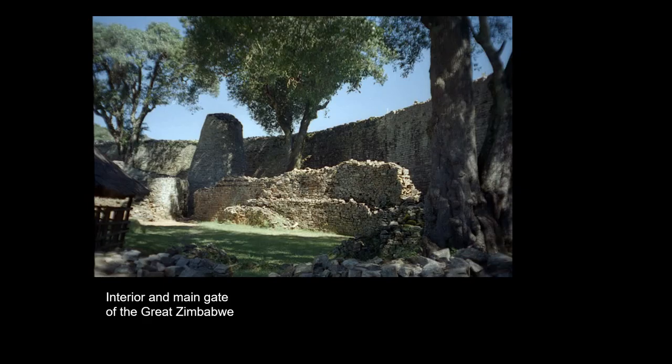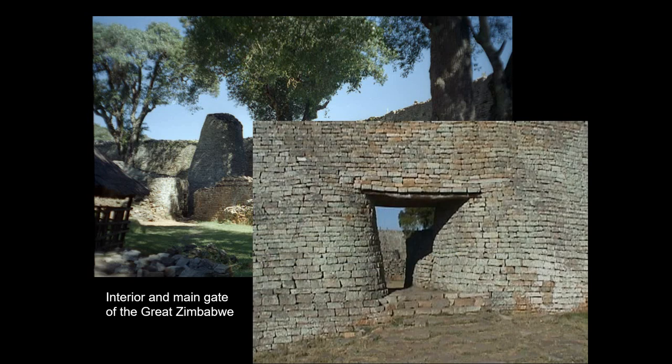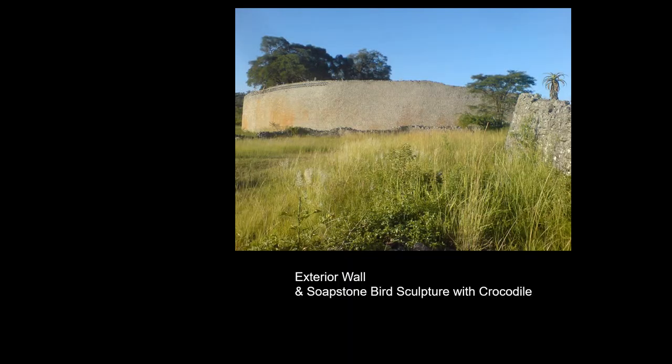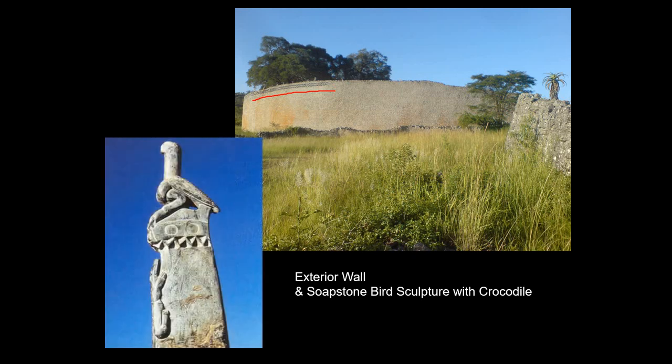And these stone walls are standing today. They're really impressive. The main gate itself has a single stone lintel weighing several tons spanning this space. We also have some decoration and motifs, little triangular decorations around the outside wall, and we can see that mimicked in some of the figurines that we find. Here we find a figurine made out of soapstone, and it has that same triangular decorative motif with a stylized bird over the top of it and a crocodile.